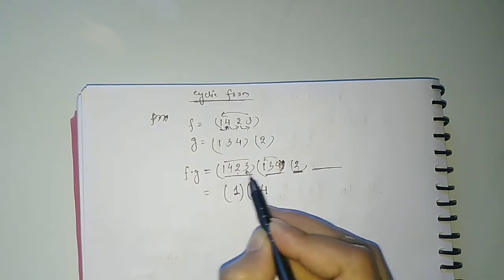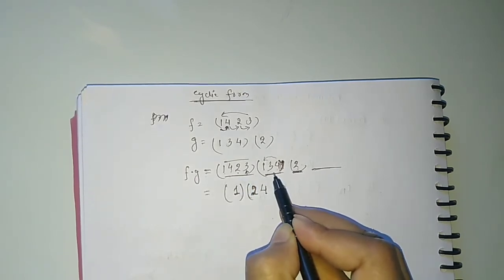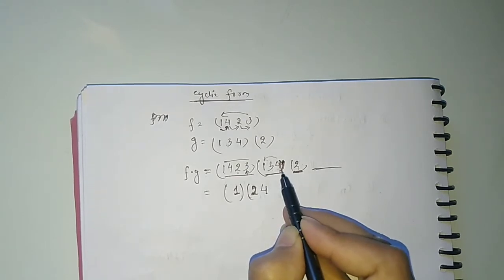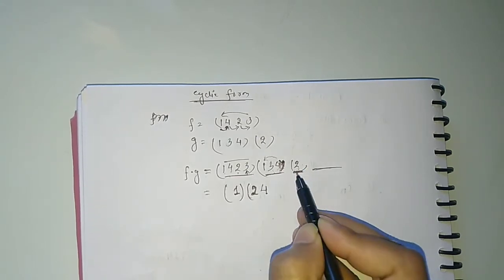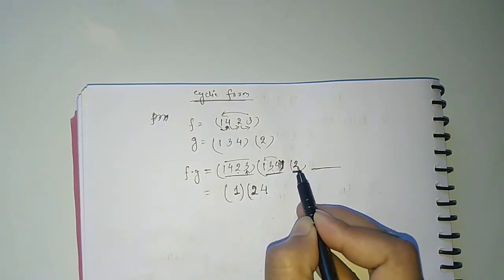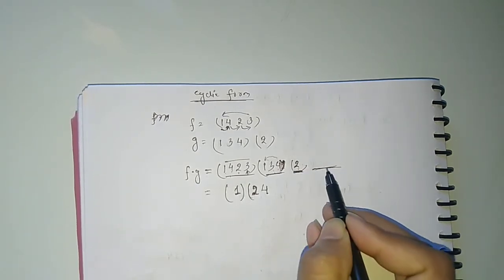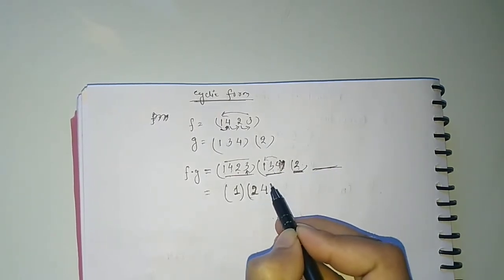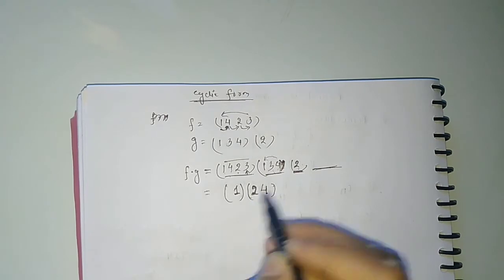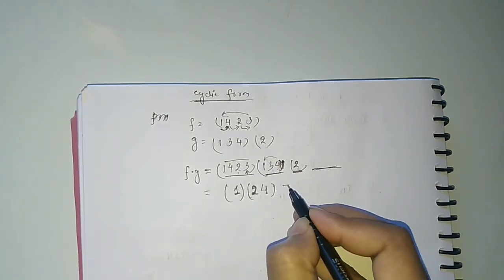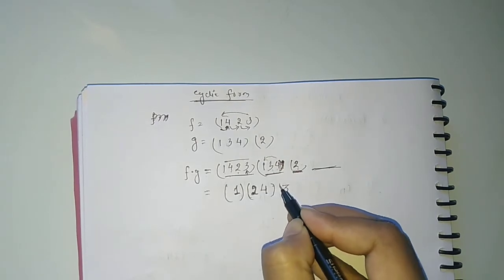So image of 4 is 2. Taking 2, jump to the next cycle. Here there is no 2, so image of 2 is 2. Taking 2, jump to the next cycle. Here image of 2 is 2. There is no cycle left here, so write that element 2, but 2 is already here, so close. Now there is one element left, 3, so this is self mapped.